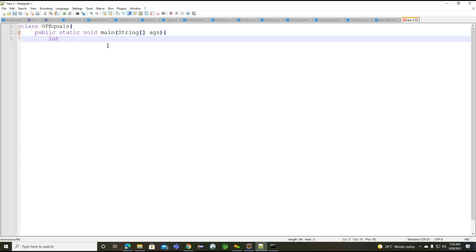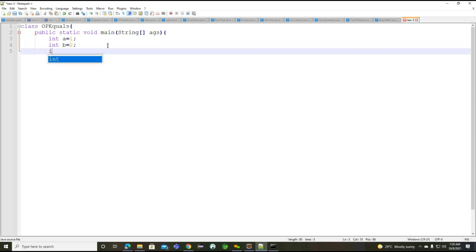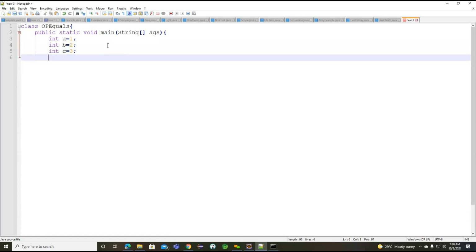Let's see, again I'm taking some data. int a equals 1, int b equals 2, and int c equals 3. Now understand how I'm writing here: a += 5. Getting the point?